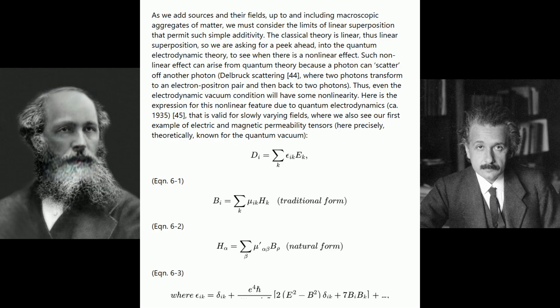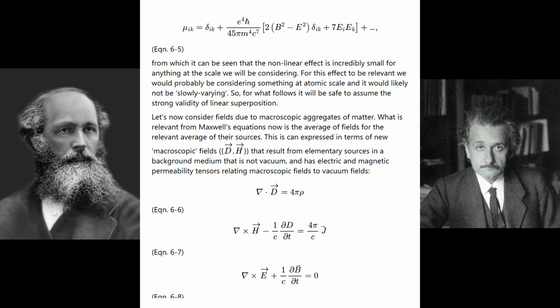Here is the expression for this nonlinear feature due to quantum electrodynamics, circa 1935, that is valid for slowly varying fields, where we also see our first example of electric and magnetic permeability tensors, here precisely theoretically known for the quantum vacuum. Equation 6-1. Equation 6-2. Equation 6-3. Equation 6-4. Equation 6-5. From which it can be seen that the nonlinear effect is incredibly small for anything at